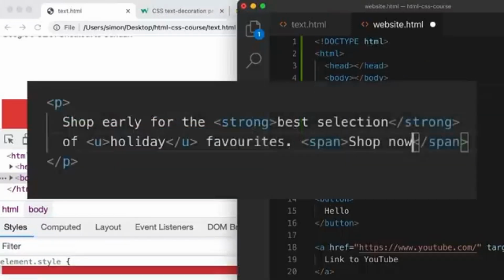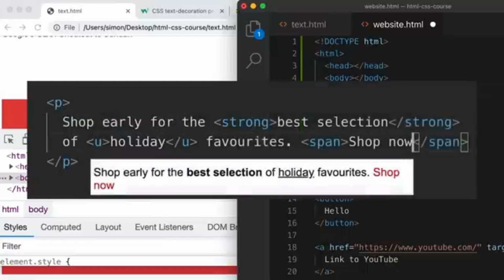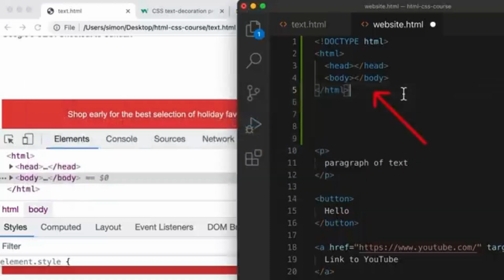We put a text element like a span inside a paragraph, and that allows us to have some text in the paragraph that was styled differently. Here we have our second example of nesting. We have a head and a body element inside an HTML element. So this doesn't actually do anything visually, unlike our previous example, but it's part of the HTML syntax rules that